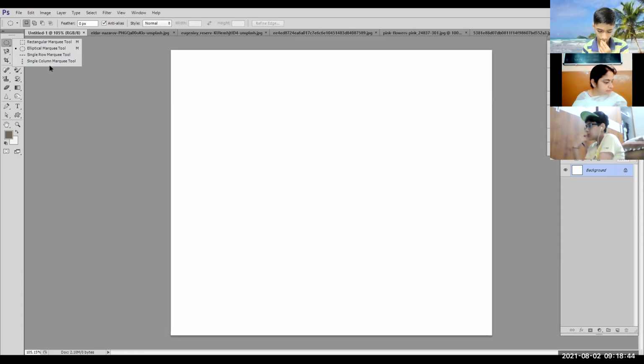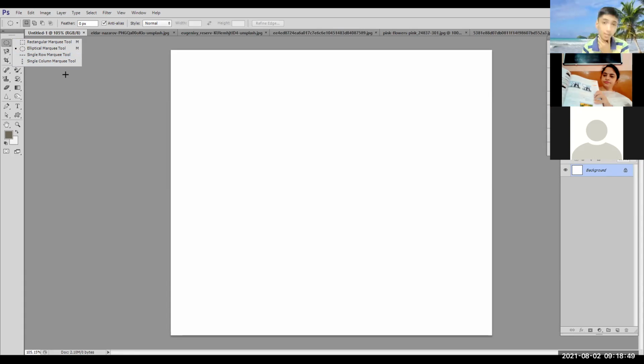The book says the marquee tool is used to select the rectangular, elliptical, circular parts of the image.